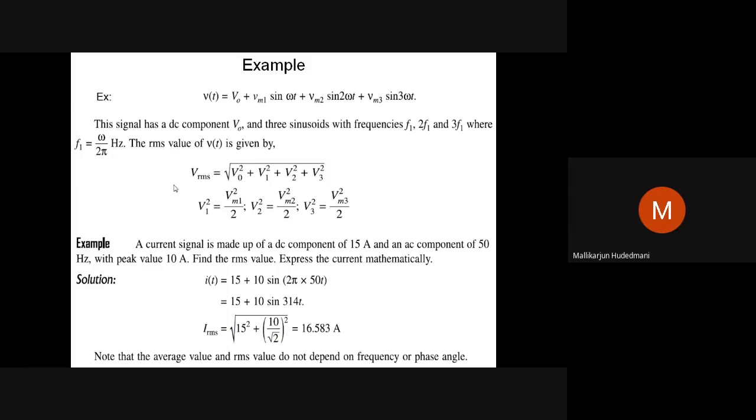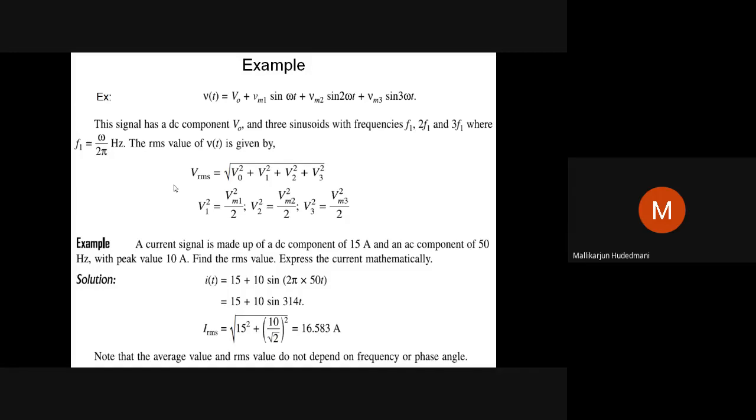no oscillation, steady. The second is sinusoidal with omega t. The third is sinusoidal with twice the omega t. The next is sinusoidal with thrice the omega t. Then I can say the frequency of the first representation is 0. That is DC. V0 is DC. Vm1 is with some frequency f1, Vm2 is with double the frequency 2f1, and Vm3 is with triple the frequency. Therefore, we have to have a very careful understanding of such an equation.